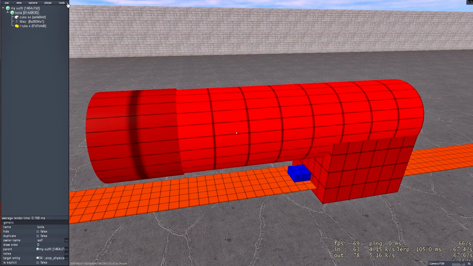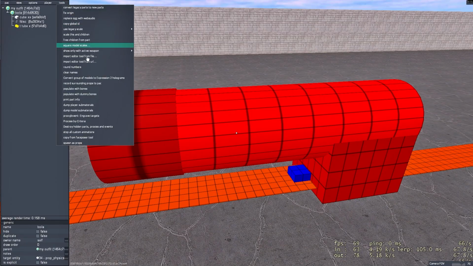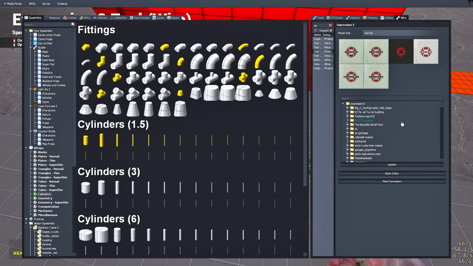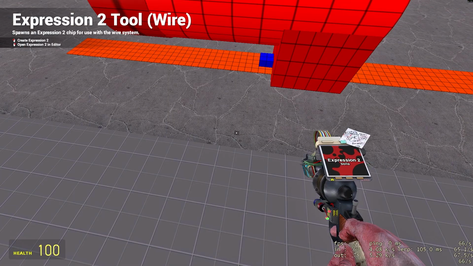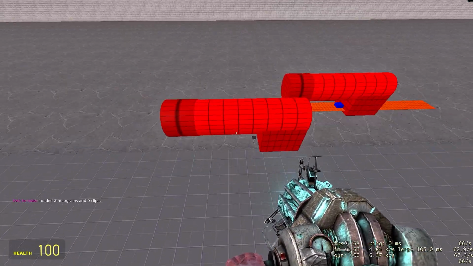You go over here to the top, you go to tools, you click convert group of models to Expression 2 holograms. You go to E2, you go to pack, and then boiler is right here. You spawn it down. Now for meshing,